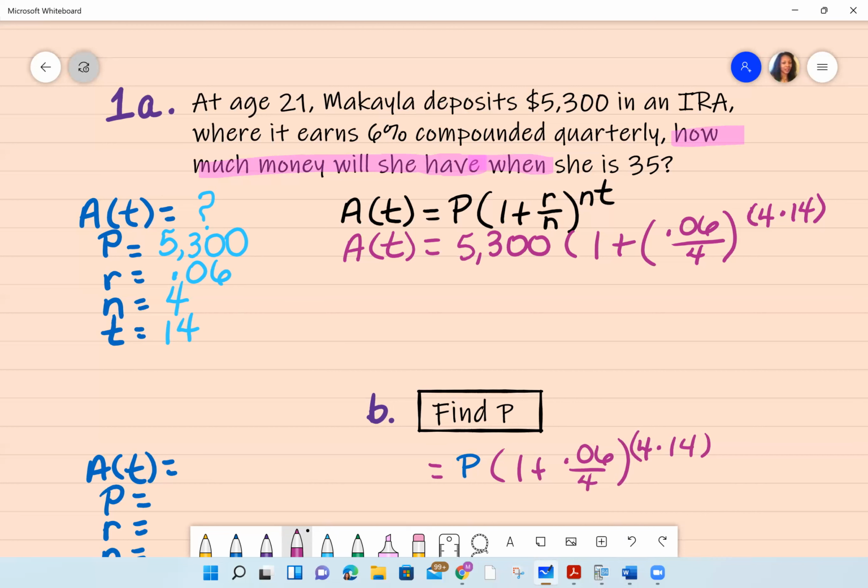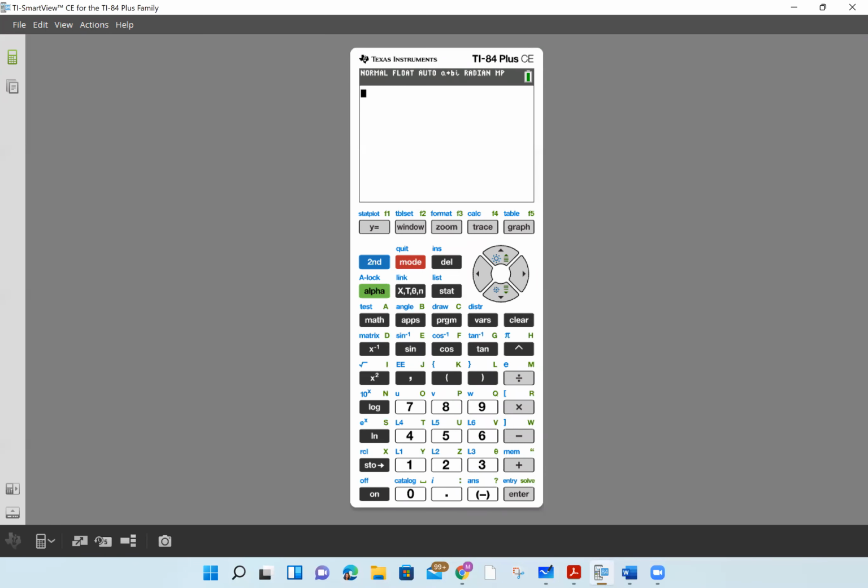Now, if you ever have your variable set equal, with a variable by itself on the left-hand side of the equal sign, or even on the right-hand side, you can just automatically put everything on the other side of the equal sign inside of the calculator. So that's what we're going to do. Let me find the calculator. I'm going to put in this 5,300,